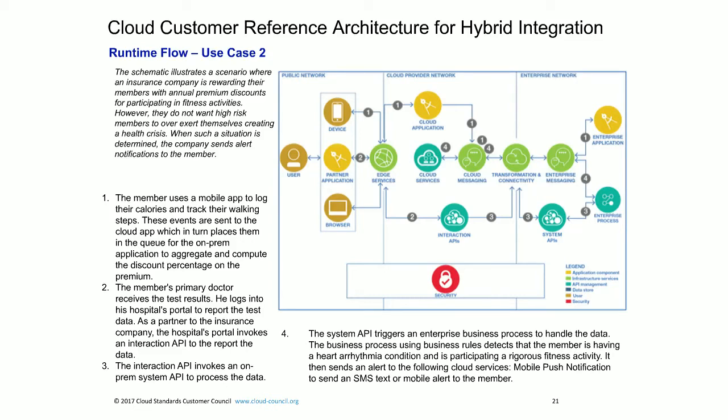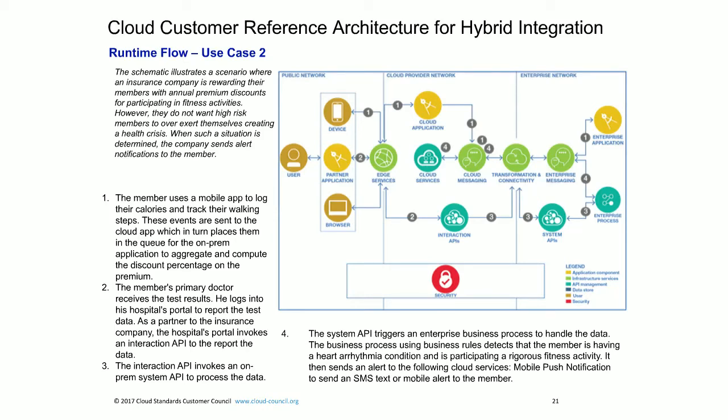Now, at the same time, in step number 2, the member's doctor receives test results. He logs into the hospital portal to report all that test data, and being a partner to the insurance company, the hospital's portal uses an interaction API, and if you follow along step label 2 on the schematic, that data that the doctor just provided goes through the API gateway from the interaction API, and then at step number 3, the interaction API then invokes an on-prem system API to process that data. So again, going through the transformation and connectivity and getting to the system API,